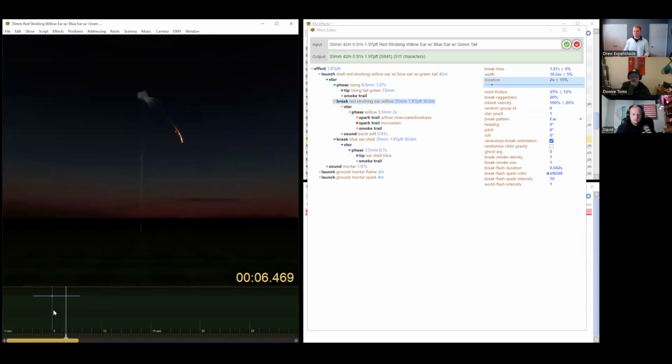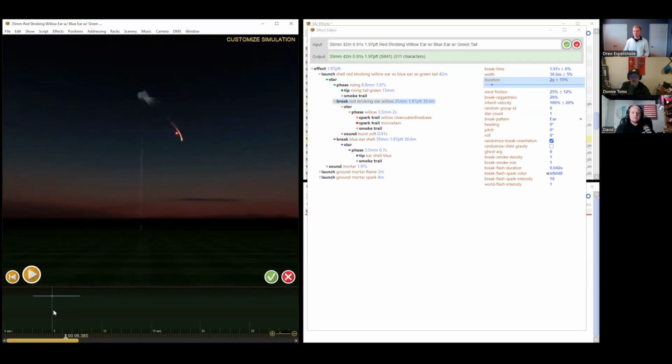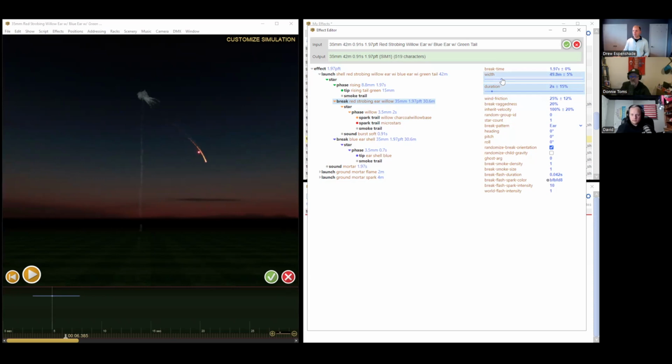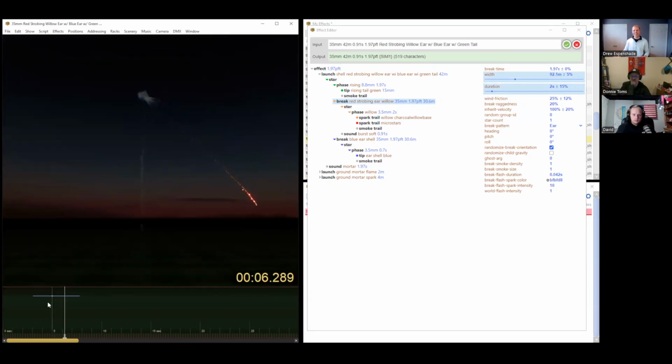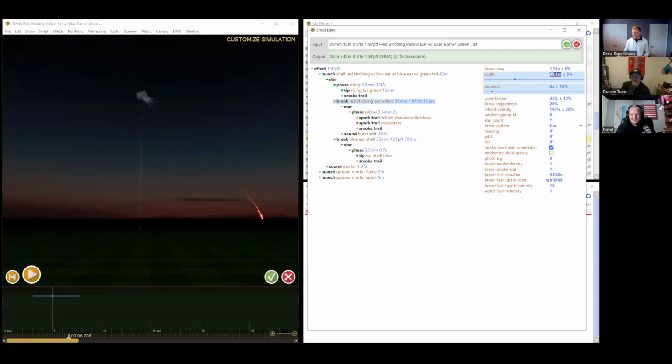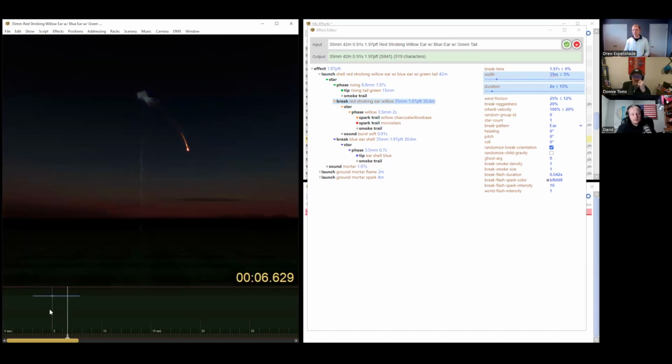It's still going to travel the same distance, it's just going to burn for longer and kind of droop down more because gravity starts pulling it down. We could make that Sky Comet shoot out a little bit further, so here's the width for that. Now, if you want a comet that really shoots out, there you go. Maybe it's just a matter of looking at the video, and seeing what it's doing, and then trying to match that if you've got a cake you're trying to replicate. Yeah. So that looks